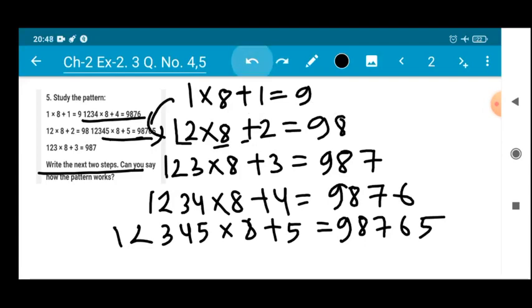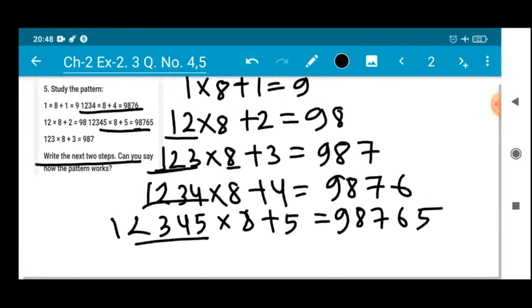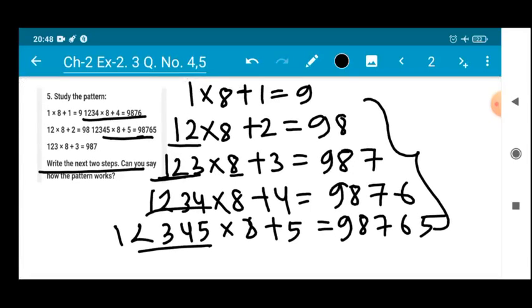Okay, next in the third pattern, just see, 1 2 is already there, but they have added 3. After 2 what comes? 1 2 3, then 8 is the same, but 2 was followed by 3. This is the counting here: 1 2 3 4 5. Over here also in each pattern 1 2 3 4, then 5 was added. Now in the product side, you just see after every number the reverse counting has been done: 9, then 98, 987, 9876, then 98765. If you start counting from the ones position, 5, 6, 7, 8, 9. So this is called reverse counting.